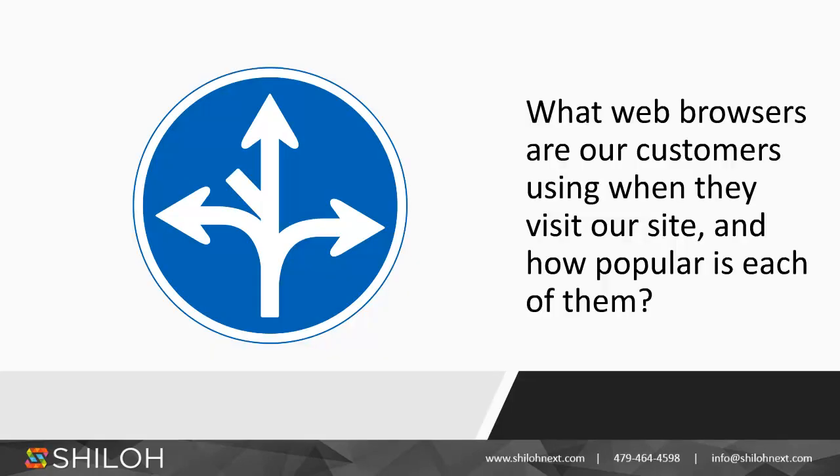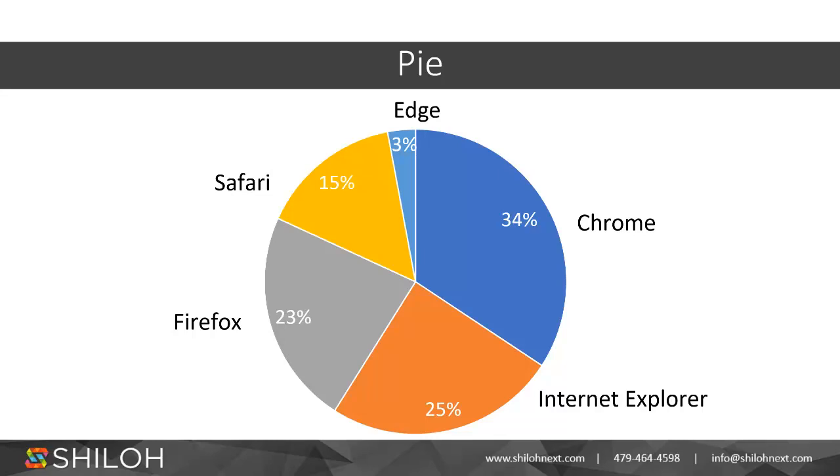The scenario: What web browsers are our customers using when they visit our site, and how popular is each of them? If you want to show how much each part makes up a whole, you'll need a composition chart like this. The pie chart will be your best option. To make pie charts more understandable, sort the pieces of the pie in size order and use labels when you